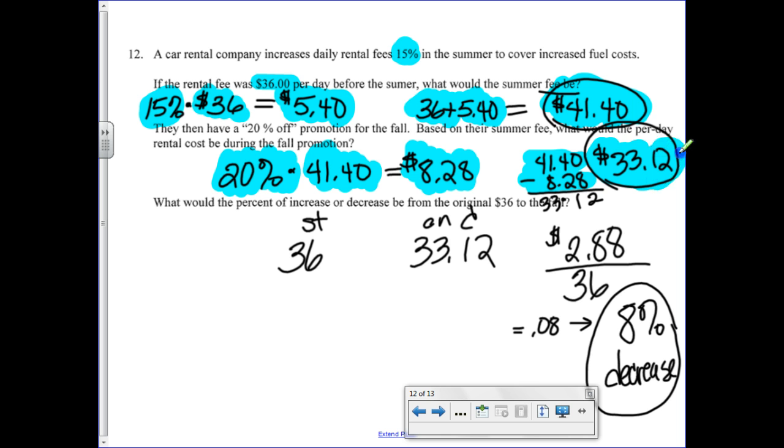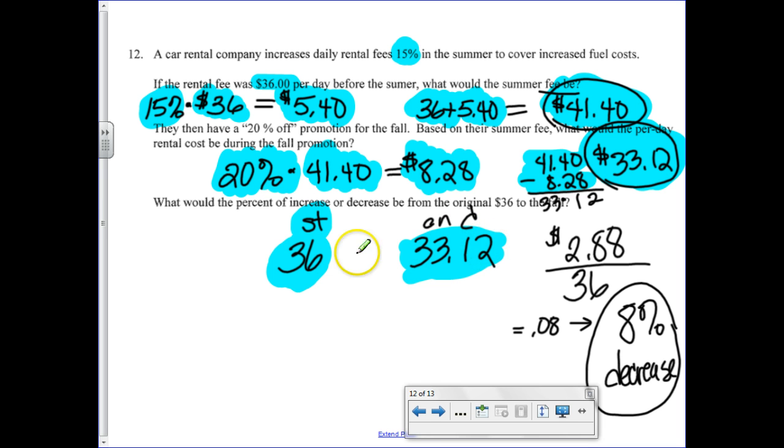So I need to subtract this discount from the summer fee, and this will be the new fall rate, $33.12. The extra bonus part here, it says what would the percent of increase or decrease be from the original $36. So this is your starting number. Make a little ST for starting. $36 starting originally to the fall rate. So right now in the fall, I am at